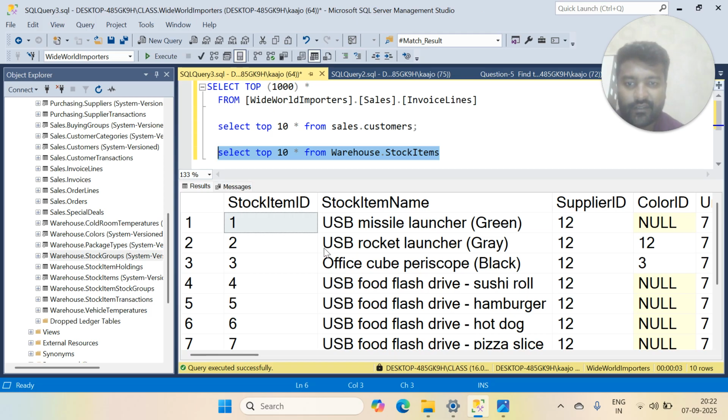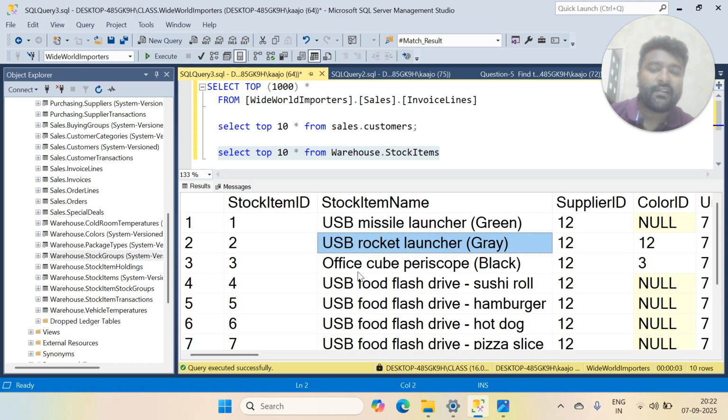Let's wait for a second. Okay, the output is there. We have stock item ID, we have stock item name. Okay, so from here, that means if we get any question around where we have to find out